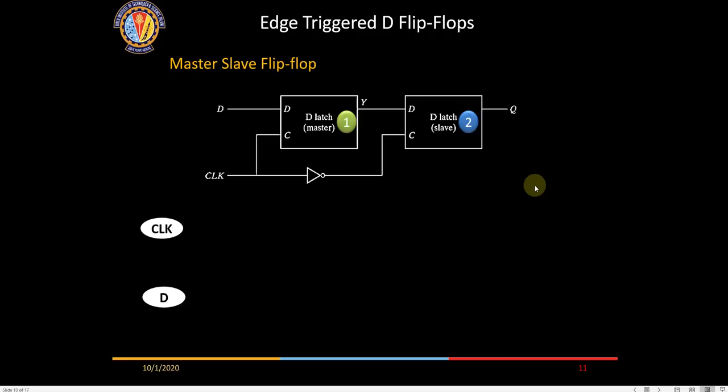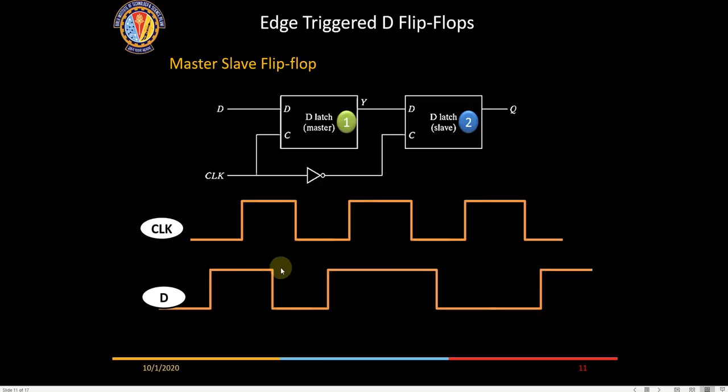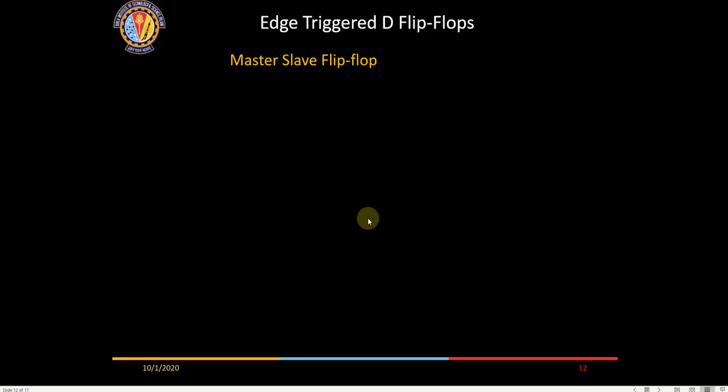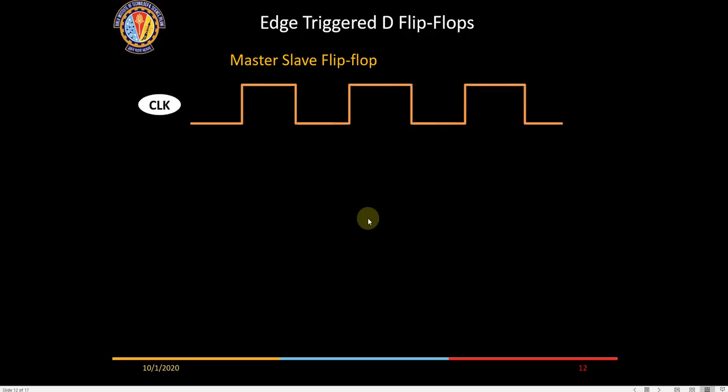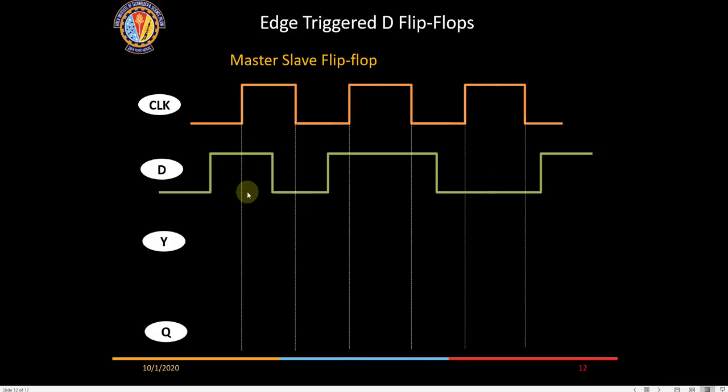It's very good. Okay. See, this is the clock, right? Now let's see what happens when the clock is going high. There is one more waveform. If you understand this waveform, everything will be clear. See, the clock is going high here. Now this is the D, which is changing. What happens is, when the clock is high, whatever change in D is going to get reflected in Y, right? But in Q, there will be no change.